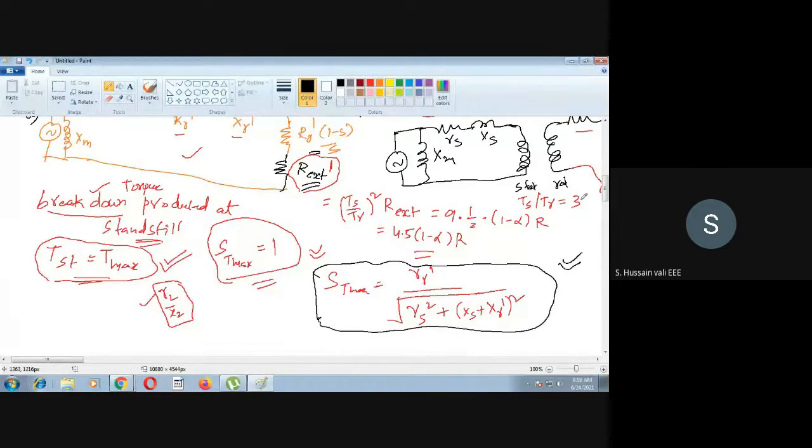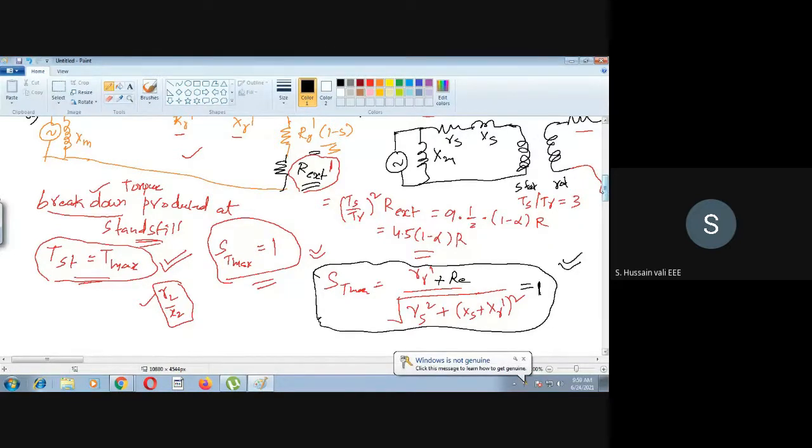But one important thing is that it will not stop here. Why it will not stop here is that we are adding some external resistance here, plus RE. Why is it so? Because the rotor resistance, wherever you find RR dash, you add some RE also. Then only it is justified because you are adding some external resistance. So what is this value now in this problem? He said it is 1 because it stands still. So then we can go ahead like this.